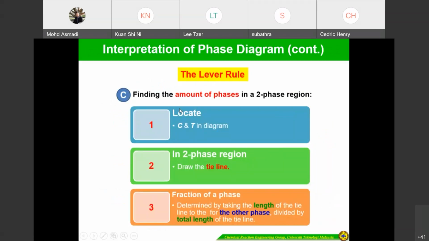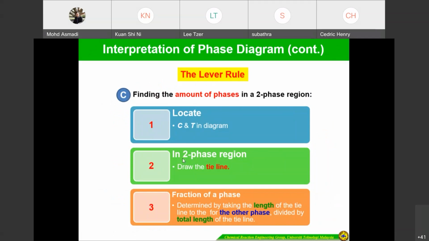Okay, this one is the interpretation of the phase diagram by using the lever rule. First you locate the composition and the temperature in the diagram. Draw the tie line. The fraction of the phase is determined by taking the length of the tie line to the other phase, then dividing by the total length. Meaning that if you have this one,